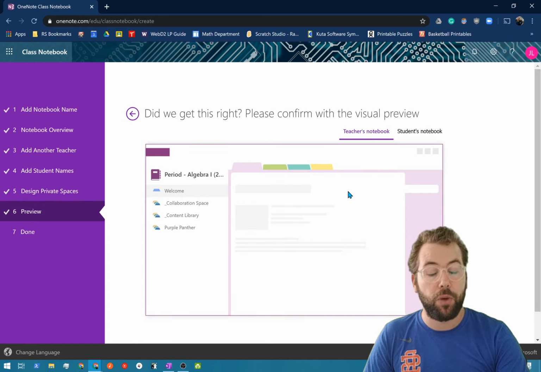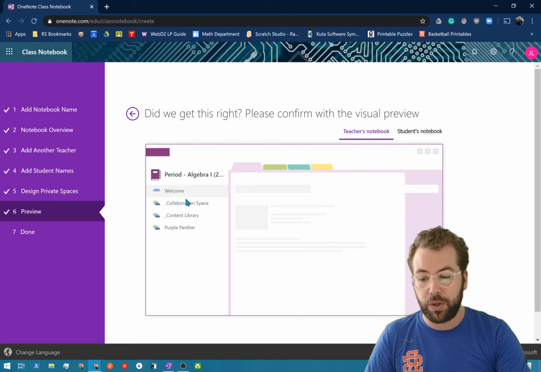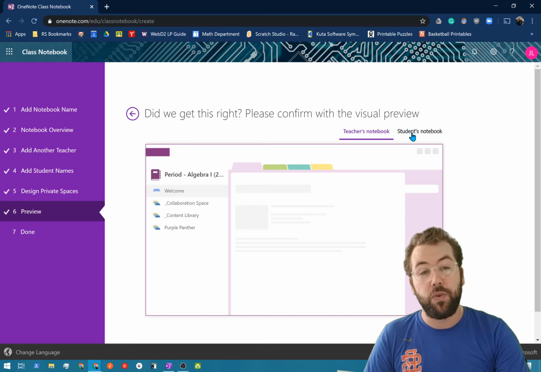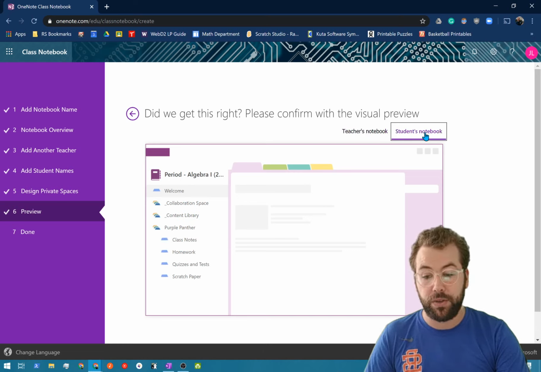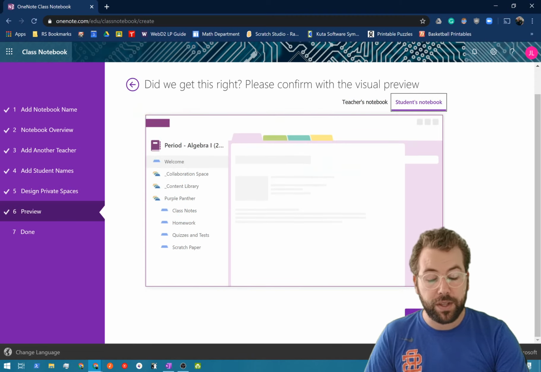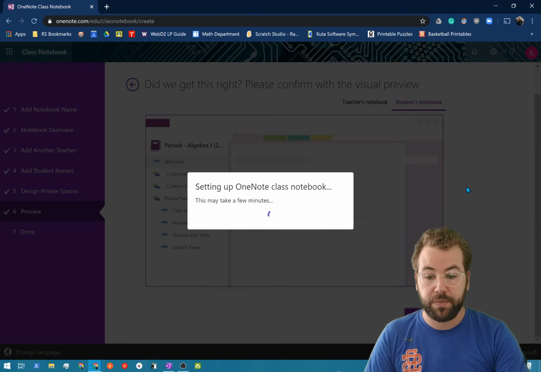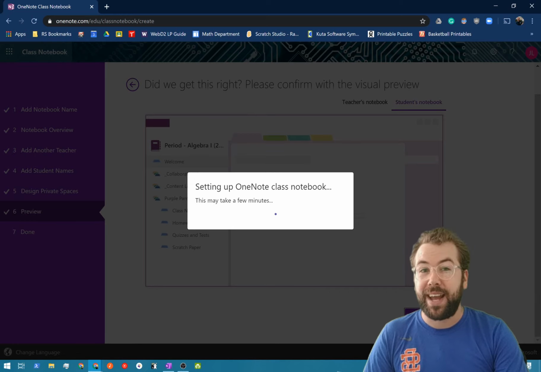It's giving you a small preview of what the teacher's notebook will look like. You should see both the collaboration space and the content library, as well as all of your students that you've put in here. If you want to see what a student notebook will look like, you can click over here and you'll notice that they see these sections, but they will only have their own, as well as the content library and collaboration space. Once you do that, click Finish, and your notebook will be created. You will need to add it to your OneNote app to be able to access it, and we look at that in